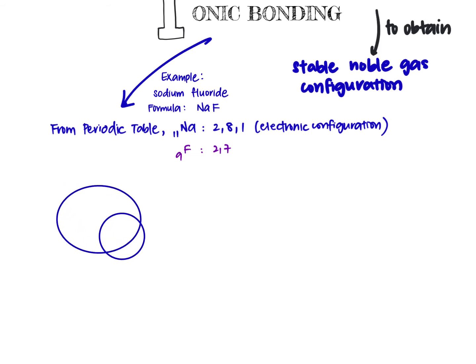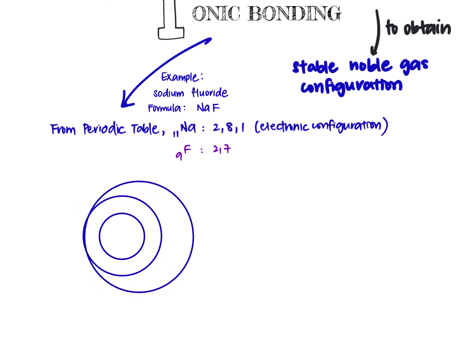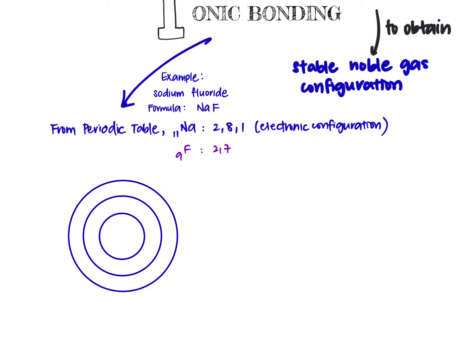Okay, so this is the first shell. This is the second shell, which can have maximum of 8. First shell can have maximum of 2. And that's the third shell. So the symbol right in the middle, Na, and draw the electrons in pairs. Then you see the last shell having the extra 1 electron. So what I have drawn here is sodium atom, which has a configuration of 2,8,1.